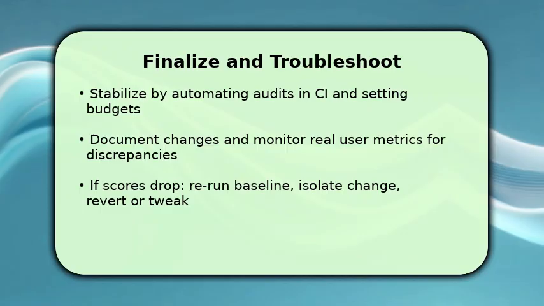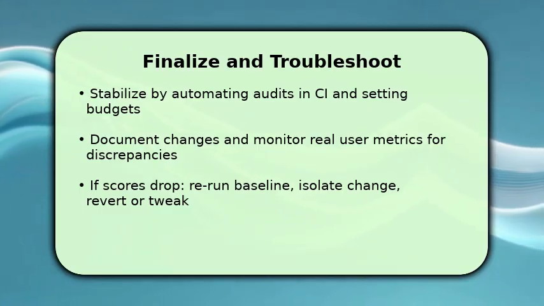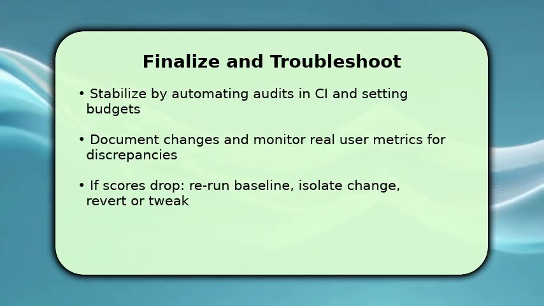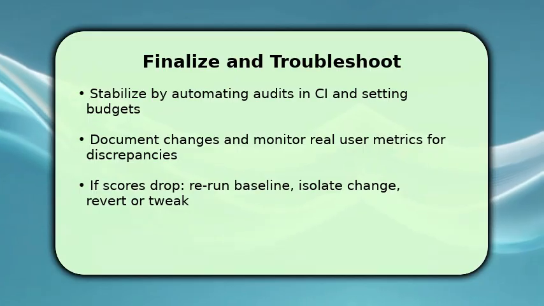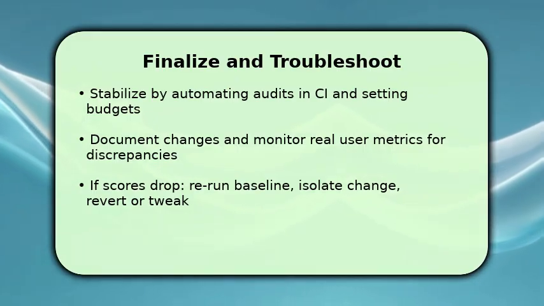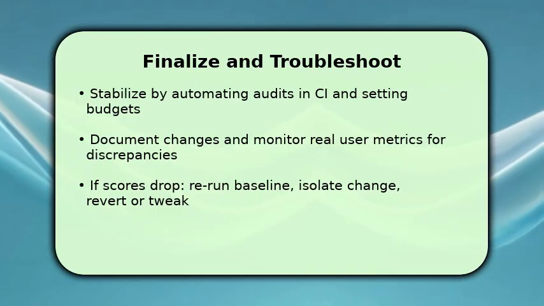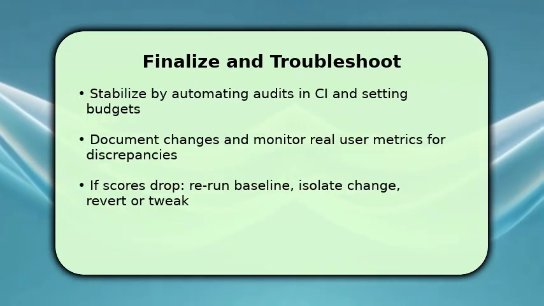If a score unexpectedly drops, rerun your original baseline and isolate the recent change. Revert or tweak it until the metric recovers. One key troubleshooting tip: if results vary widely, test on a clean profile and consistent network to rule out environment